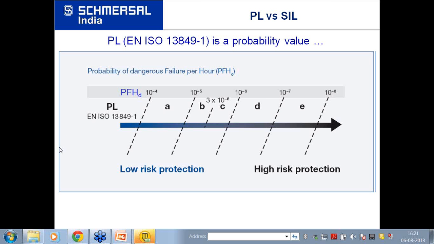Mr. Prabhakaran has asked another question: does a type 2 light curtain require a safety relay or not? Sir, it depends on what level of safety you want to achieve. If you want to achieve PL A, B or C, then in my opinion it may not be required. But if you want to achieve PL D or PL E, then you may require a safety relay. So everything depends on the risk assessment and the level of risk.